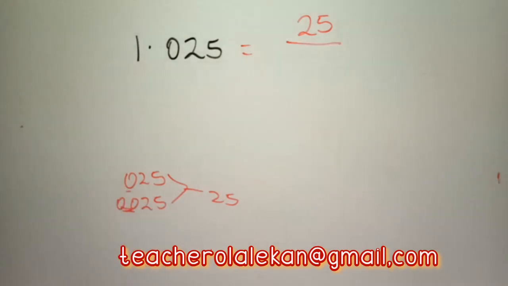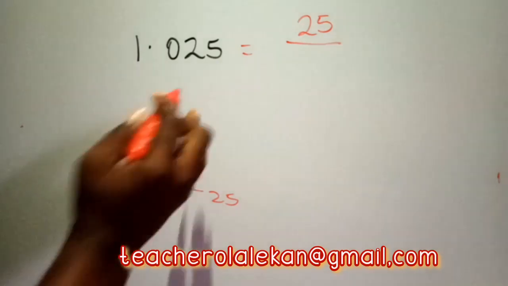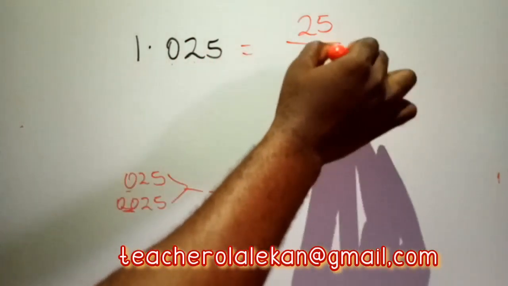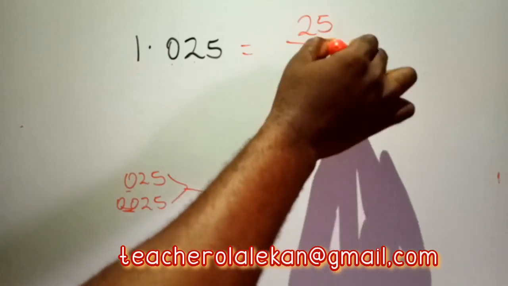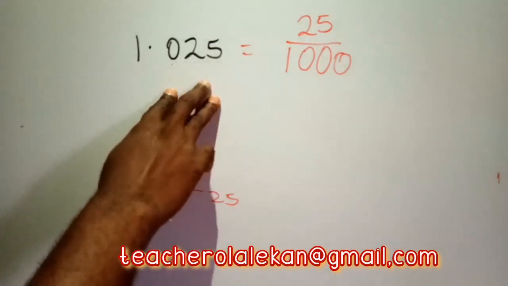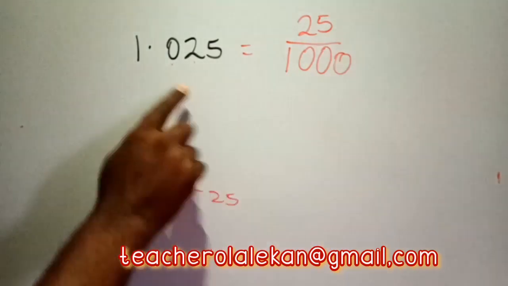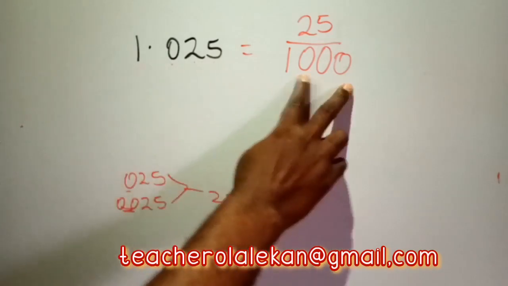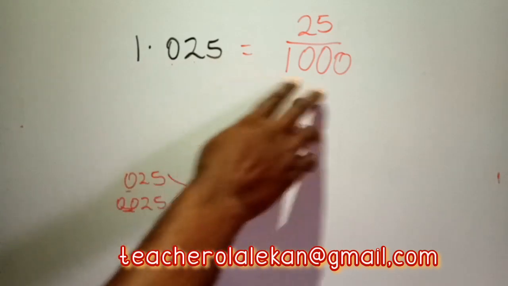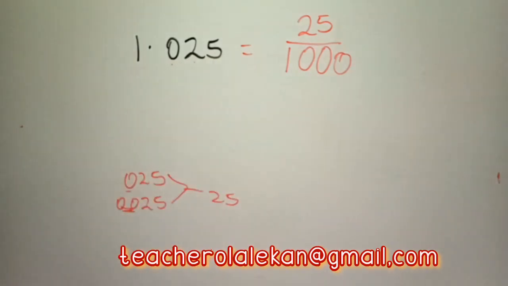Step 2, count the figures you have after the decimal for your denominators. Like in this one, we have 3 figures after the decimal, 1, 2, 3. So I represent them with zeros. That means here we have 3 zeros and 1. If you have 2 figures after the decimal, you are going to have 2 zeros and 1. If you have 3 figures, like in this one, we have 3 zeros and 1. If you have 4 figures after the decimal, then we have 4 zeros and 1. And if you have 5 figures after the decimal, no matter how long it is, then you have 5 zeros